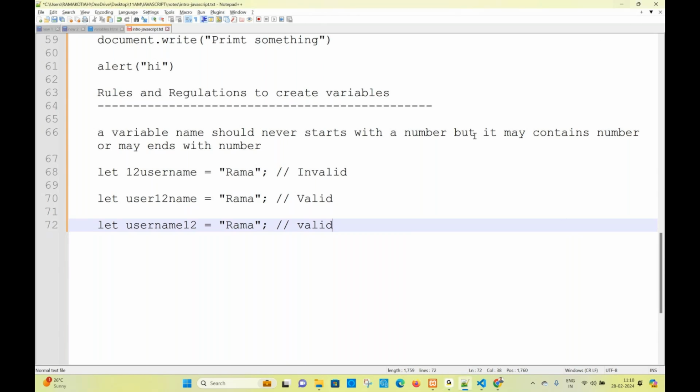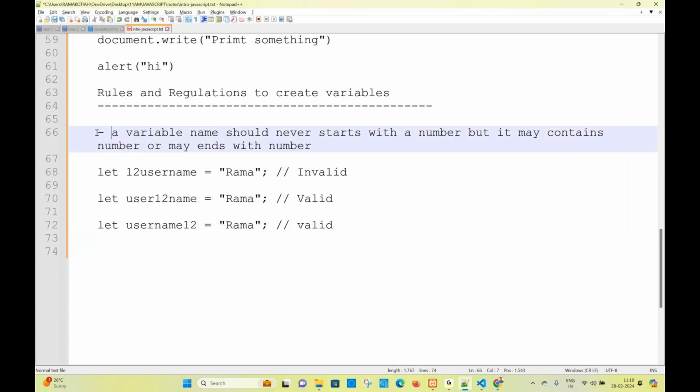Username one to. So which one is valid? Which one is not valid? Okay, now right. Next, second case. This is case one. Right. Next one is going to be